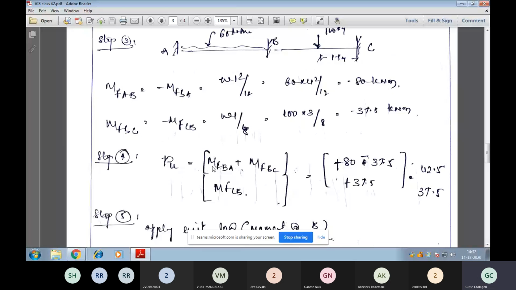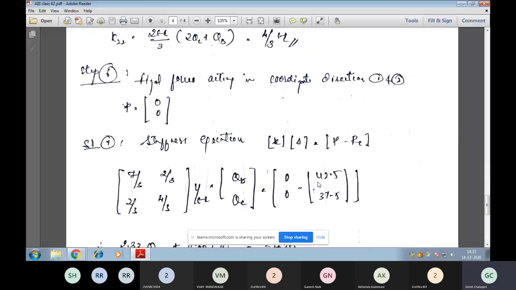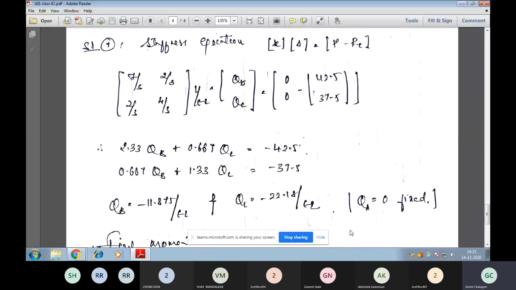PL is equal to the summation of moments at the individual coordinate joints. So at the first joint, the combined moment will be 42.5, and at the second joint, the moment will be 37.5. The same will be substituted here. You can see 42.5, 37.5, but it is minus here. So bracket closed. When we substitute the values and read the equations, the first equation becomes